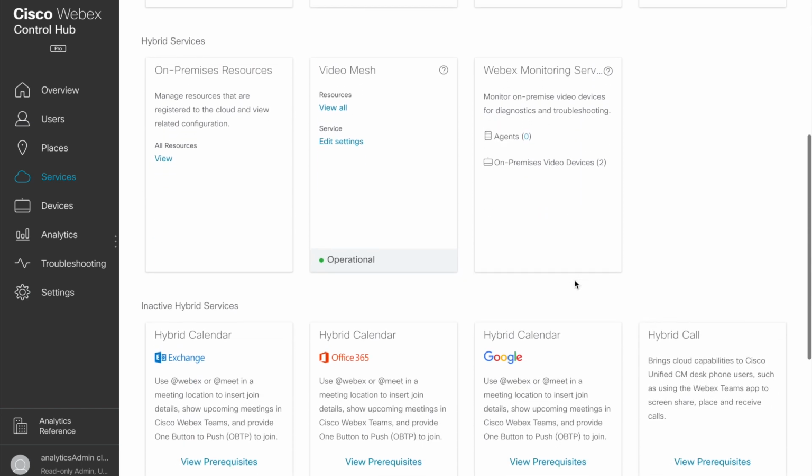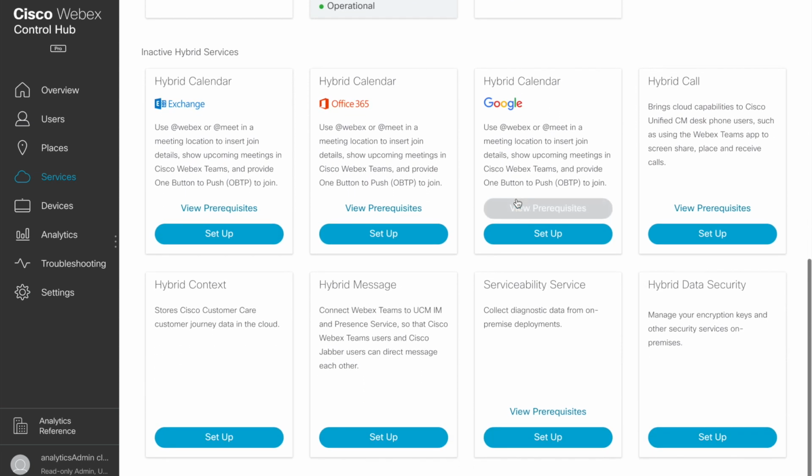If we scroll down, we can see hybrid services. So an on-prem bridging resource that is that hybrid mesh node. You can configure some of that here. There are specifics for the video mesh node, so you can view resources and edit services. It does give you a quick look as to the operational state. There's some service monitoring functionality, and then there are additional functions down here for inactive hybrid services,